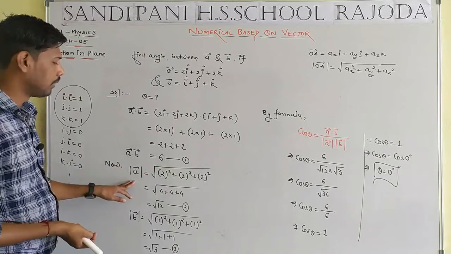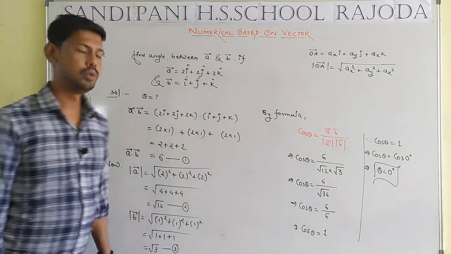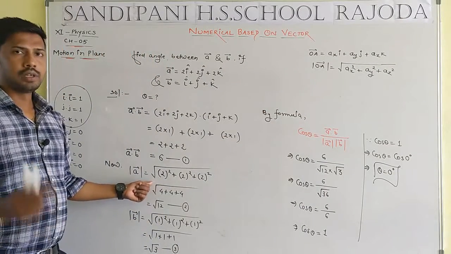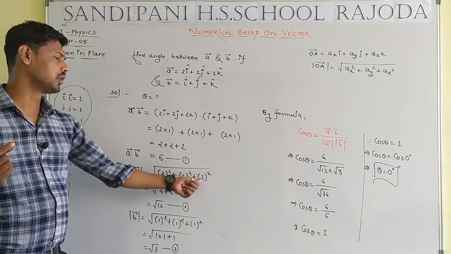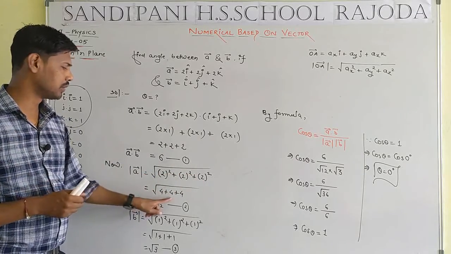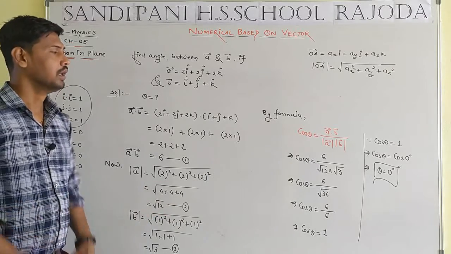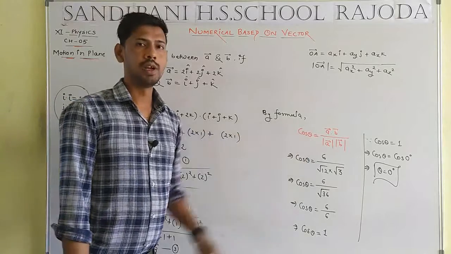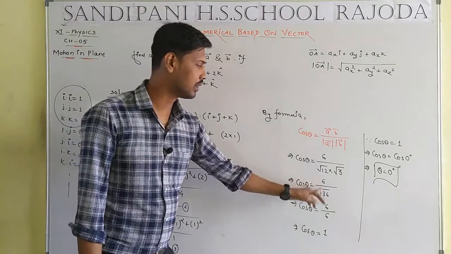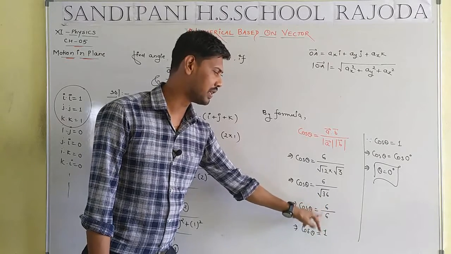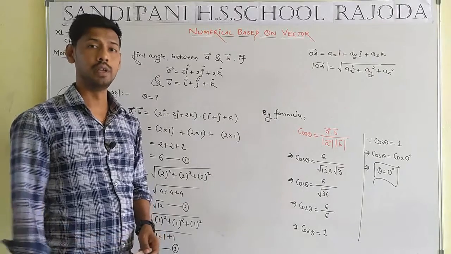Now time to define the mod A. Mod A, how to define the mod A? Under the root the component square of component of i, square of component of j, square of component of k, such that 4 plus 4 plus 4 will be equal of 12, such that mod B will be equal of root 3. Now we putting the values of the A dot B, mod A and mod B in formula. So we getting root 36 will be equivalent of 6, 6 by 6 will be equal of 1 and 1 equal to cos 0 degree.